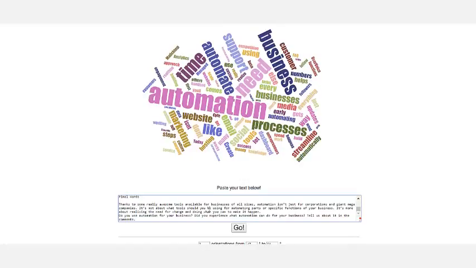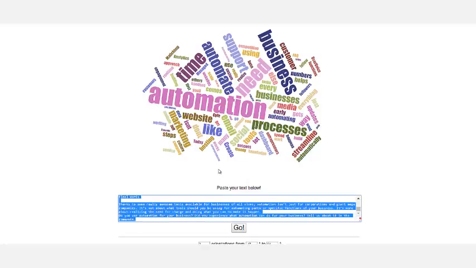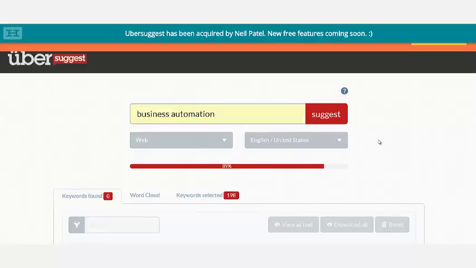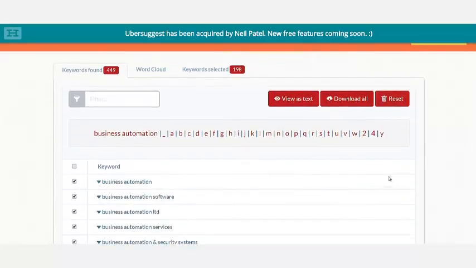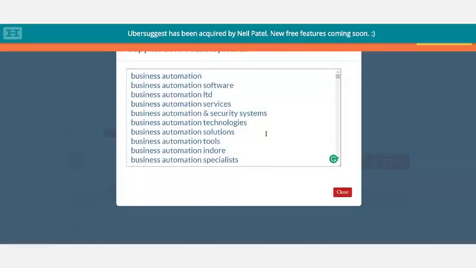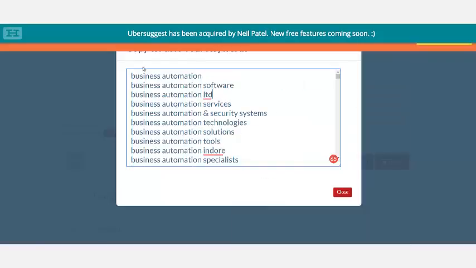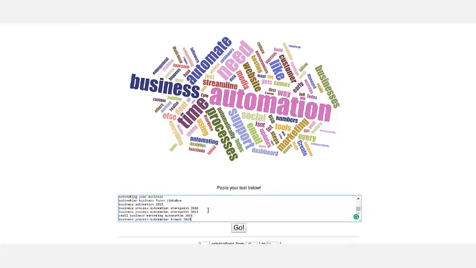Now, another thing that you can also do is actually just put in words. So say you've got a whole heap of keywords that you want to use. Again, I've gone over to here. I'm just going to go to Ubersuggest and put in business automation, and it comes up with a whole heap of keywords, and there's 449 keywords. View it as text, and again, you can copy it. So Control A copies everything on a screen. You can scroll and highlight it all, but Control A captures everything for you. Control C or right click to copy, and then again bring it back over to here